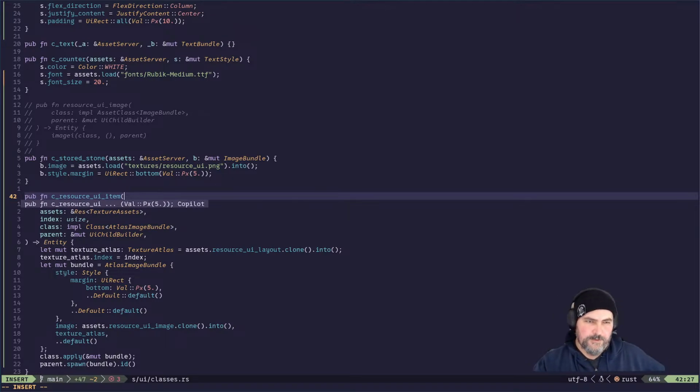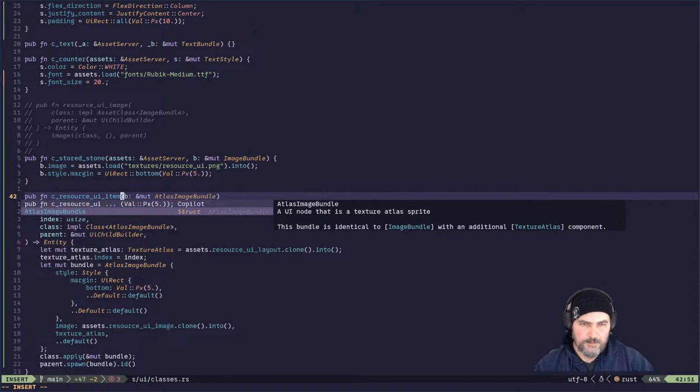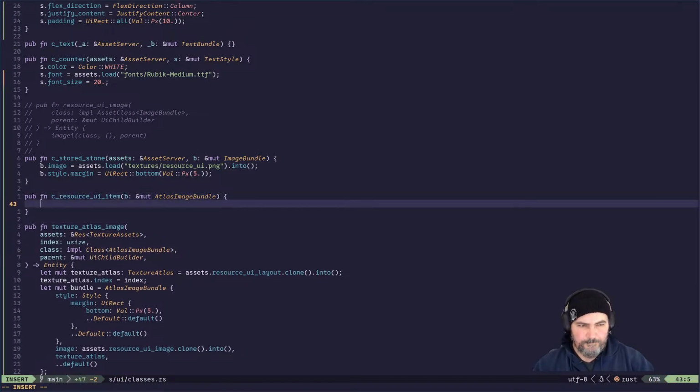The only other alternative would be, yeah, I was going to say you could put the assets through the class, but I think it might just be a bit fiddly. So we just want b mute atlas image bundle, and then we go b style